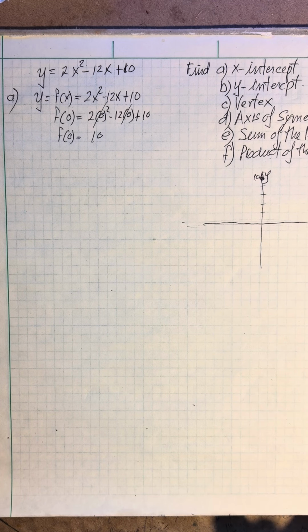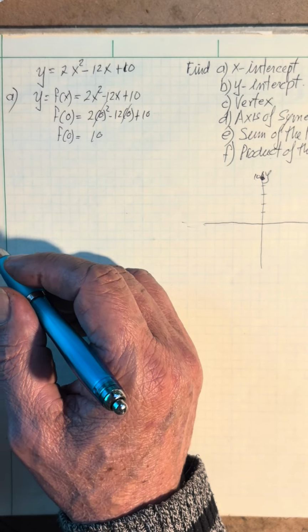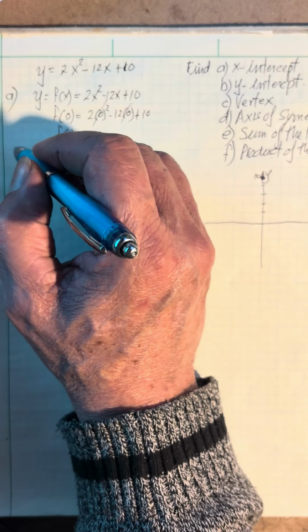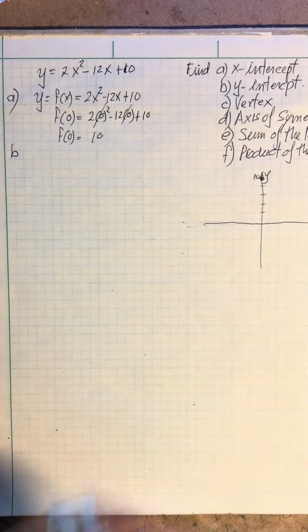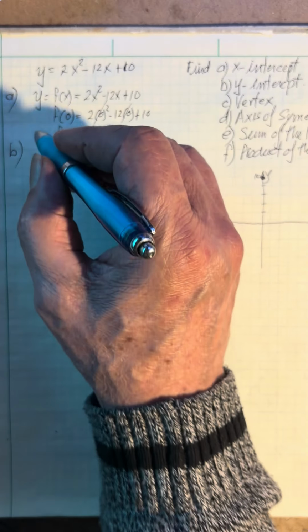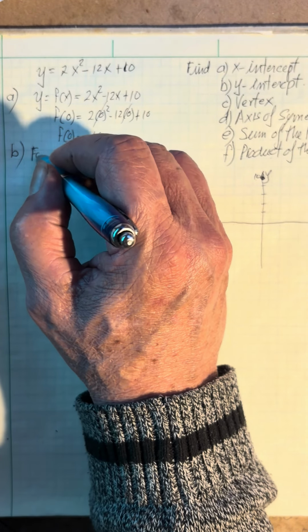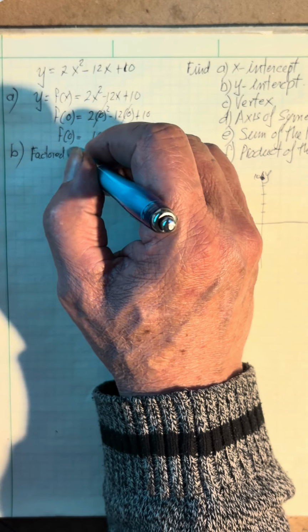There are different methods of finding the roots. In this case, we're going to use something, this is question B, and we're going to use the factor form,